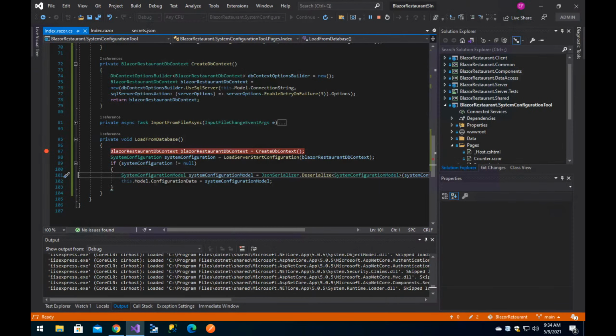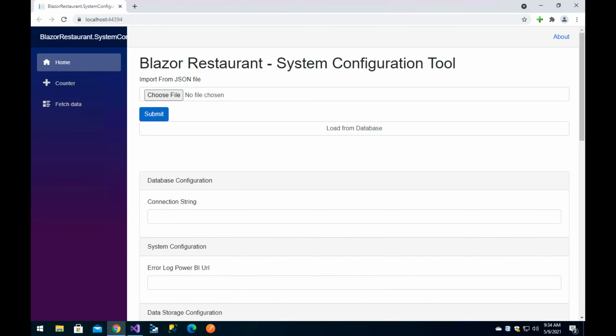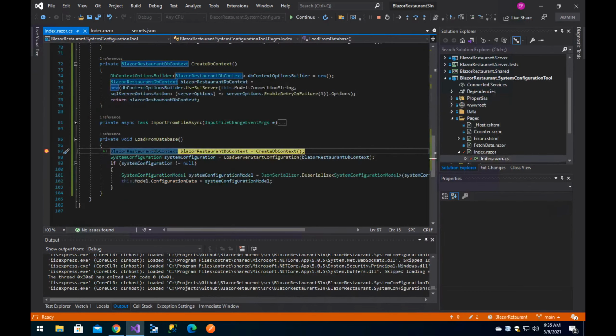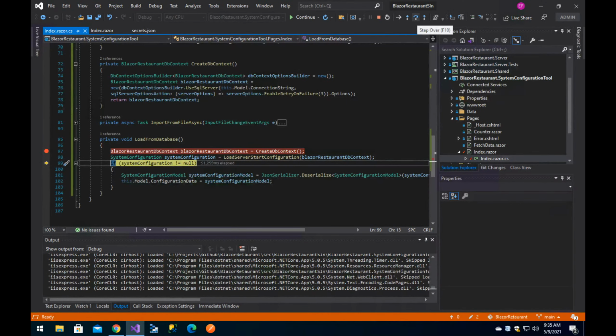So I should be able to go to secrets.json, copy this connection string, okay, so this is, oh yeah, I didn't put the class, but we'll check that. Okay, and I click this button, so it creates the database context, loads the data,